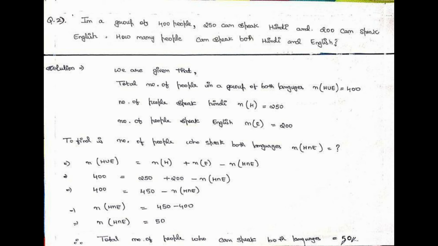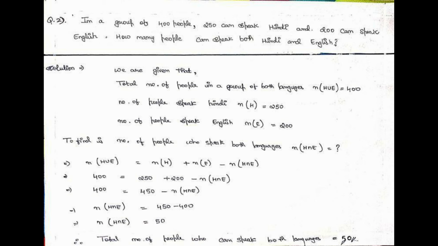So now we have to find the number of people who speak both the languages, that is n(H ∩ E). We have the formula n(H ∪ E) = n(H) + n(E) − n(H ∩ E). So n(H ∪ E) is 400 on the LHS, and on the RHS 250 plus 200,